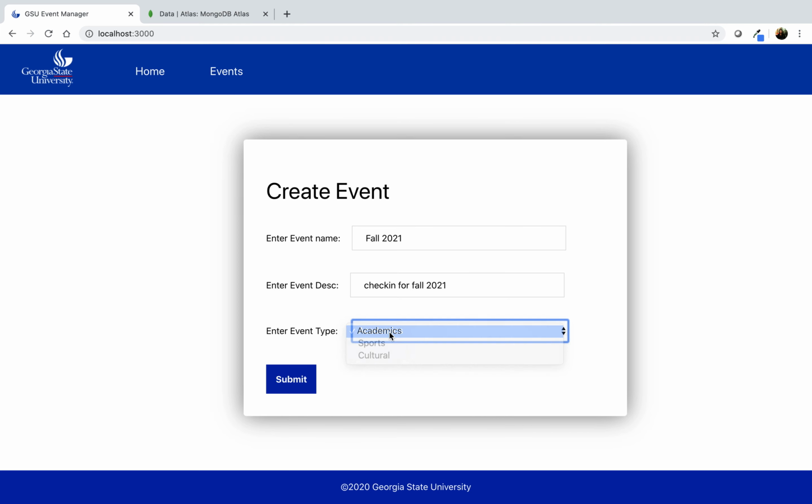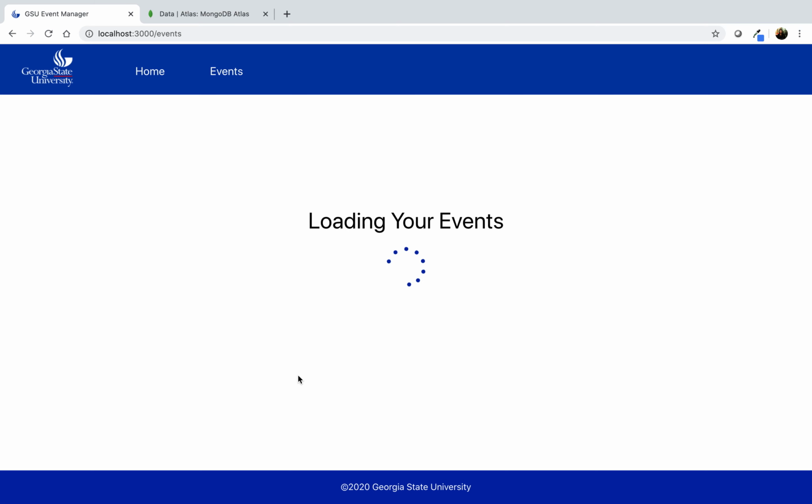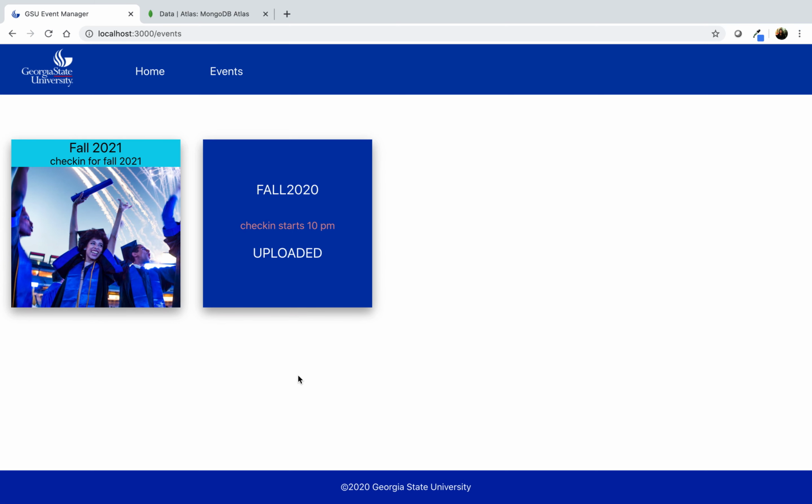Let me select academics and click on submit. So we can see the event which we just created, that is fall 2021, with a background picture of the event type which we selected as academic. It will change according to the event type that we select in our home page.